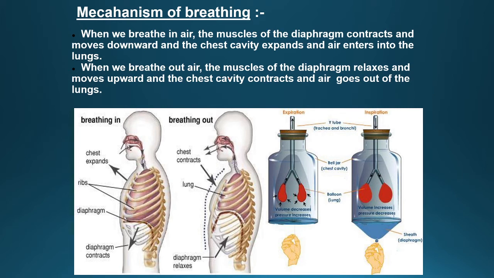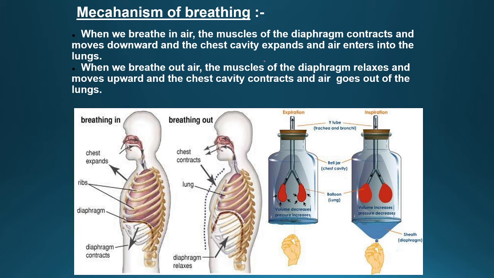Guys, when we breathe in air, the muscles of our diaphragm, which is below our lungs, contract and move downward, and the chest cavity expands and air enters our lungs. Guys, this is the first one. This is where we are inhaling the air which is present in our surroundings. So during inhalation, the diaphragm contracts, so it becomes small and goes down, and the chest cavity grows big,